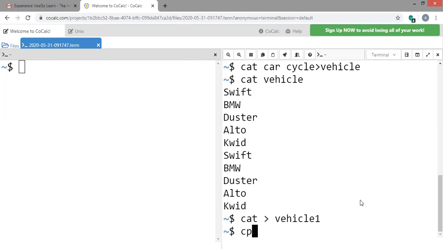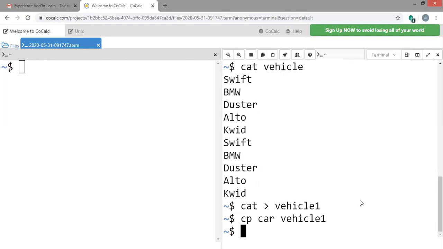So cp followed by car vehicle 1. So now we will see what is the content. cat vehicle